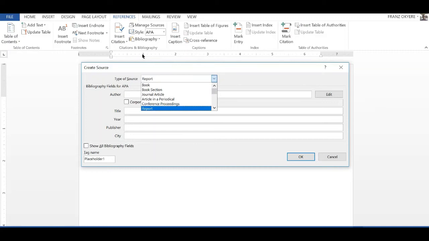Okay, now a thesis, we need to choose a type of source. When you come to create source, a citation is also like a reference, a source reference, literature. These are words that we have to get used to as we do academic referencing. So, is it a book? Is a thesis a book?